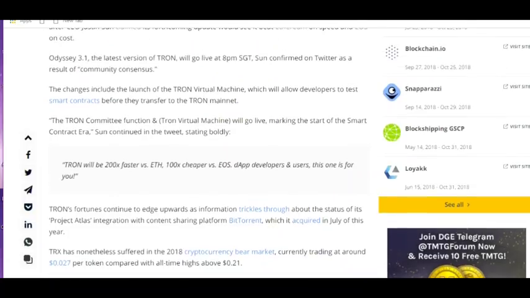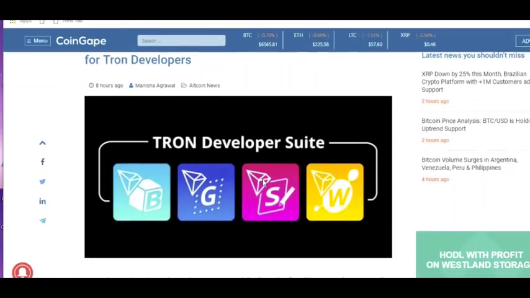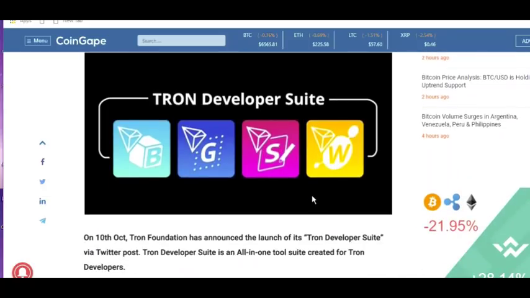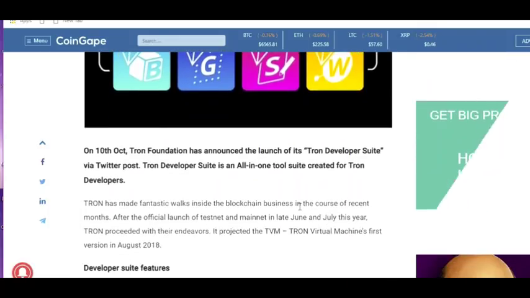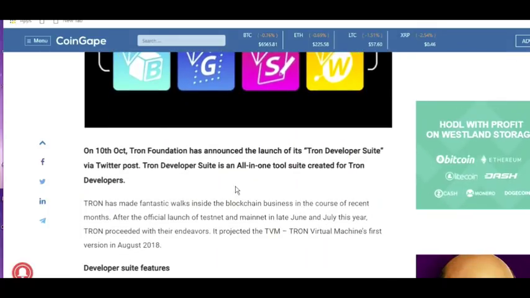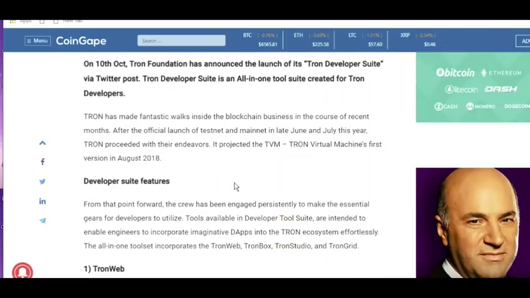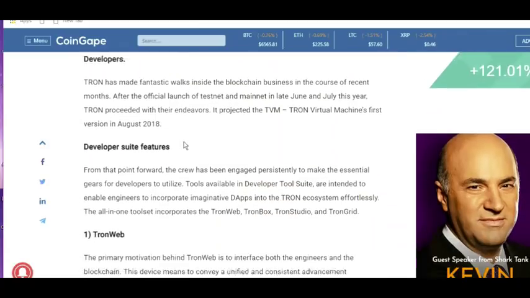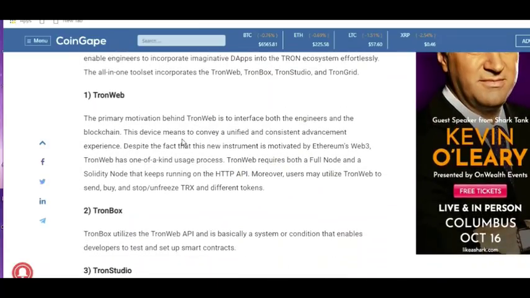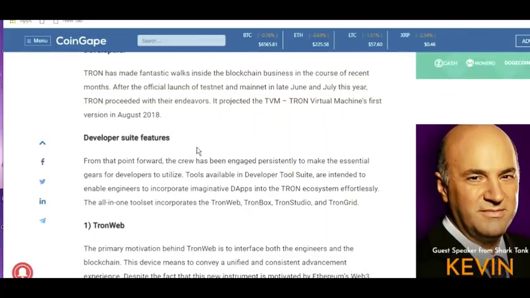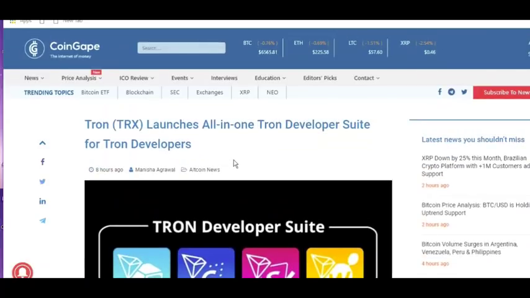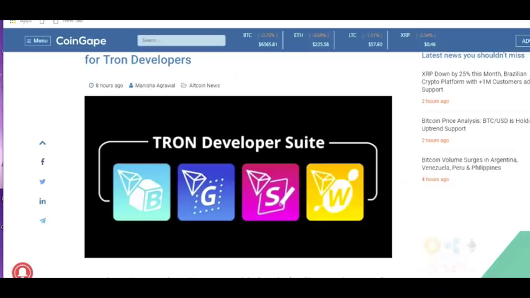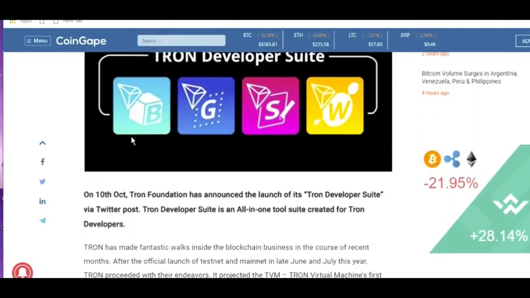And again, the tools released are very similar to Cardano's Rust, which in essence just makes it easy for developers to create decentralized applications on the Tron network, the same way Rust does for Cardano. And I would like to say that I think Tron will see a larger influx of decentralized applications being developed that are more aimed at the general public, like video games or various social medias and things like that. And I think Cardano in the long run will be more aimed at large corporations and possibly